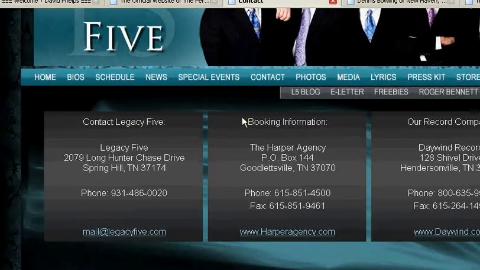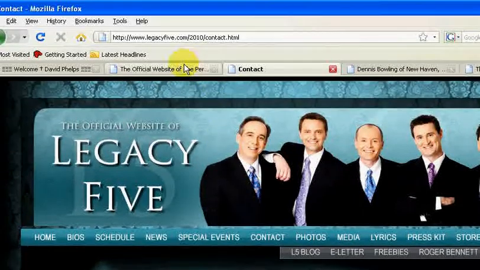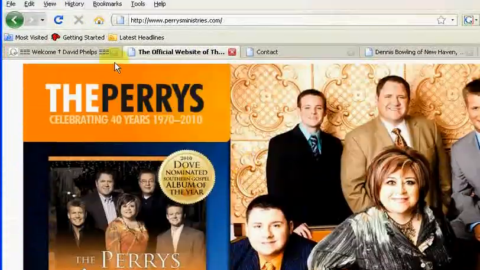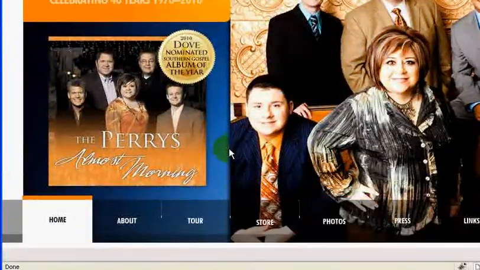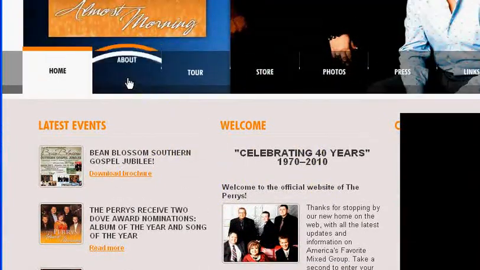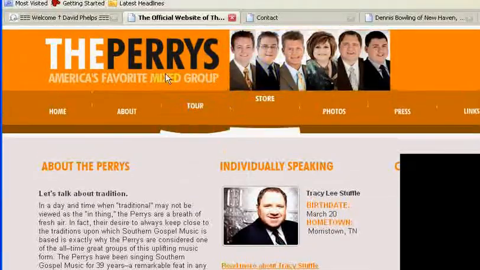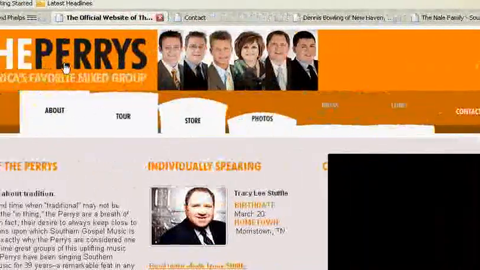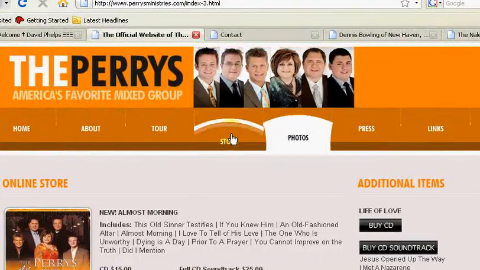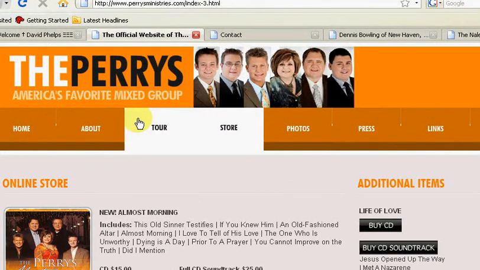The Perrys are about the same thing. Their homepage has a big Flash animation on it when you reload it here, and it has a menu. That would be about a $200 deal, plus your regular website. And then when you go to the other pages, there's a whole different Flash animation menu and banner at the top that they use on all the rest of the pages. It can be reused, so that's $200. So theirs has 2 Flash animations and then the regular content, so you're looking at about $600 to reproduce this